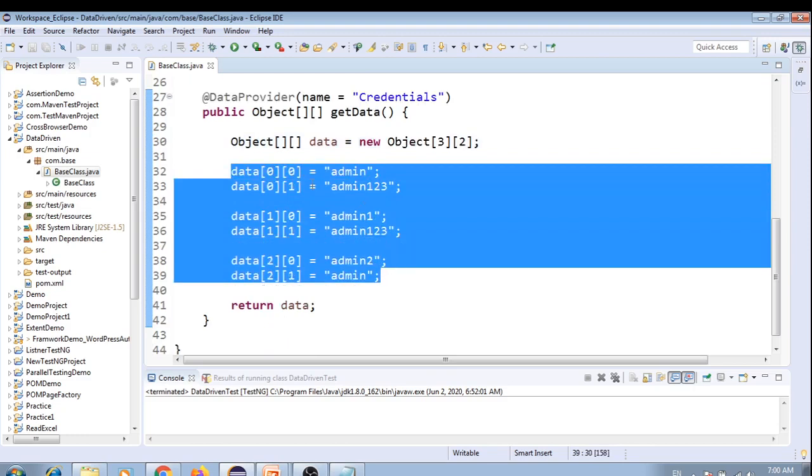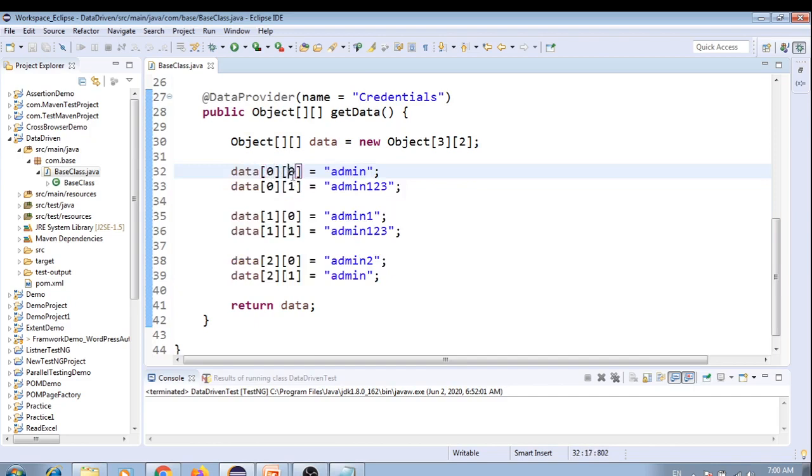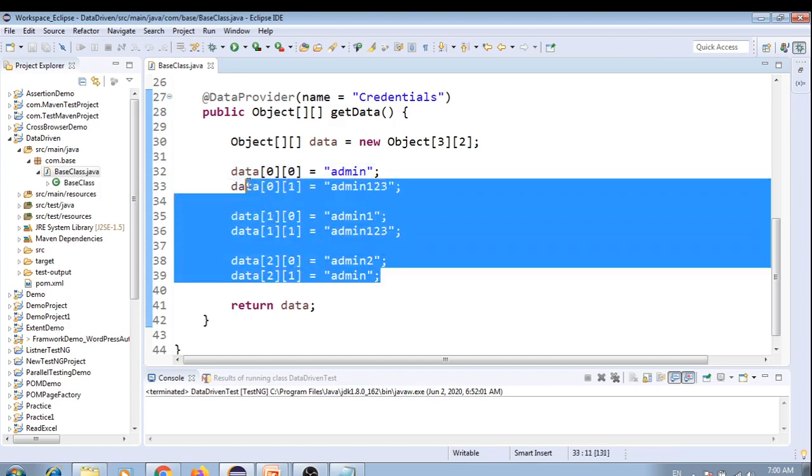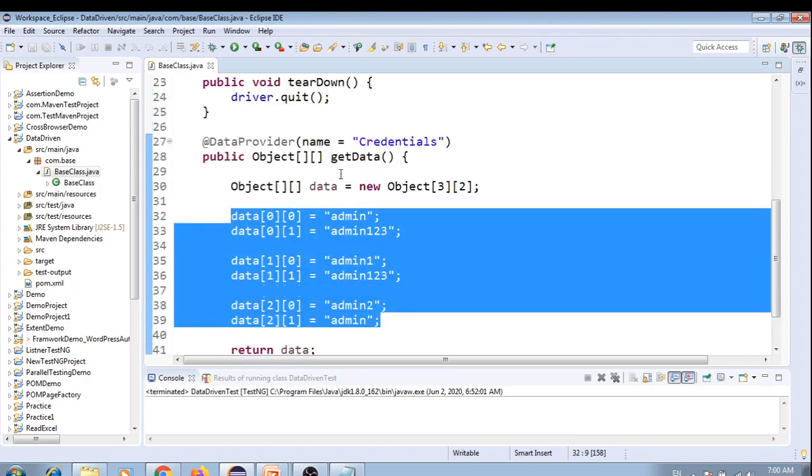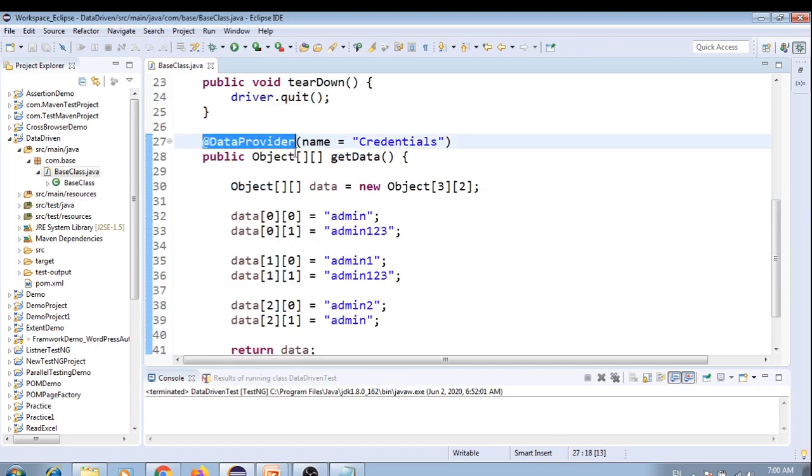You can see 0th row 0 column, and so on. This is the 0th row and this is the first column. So we saw in the last video how to store the test data in an array, and using DataProvider we provided these user credentials